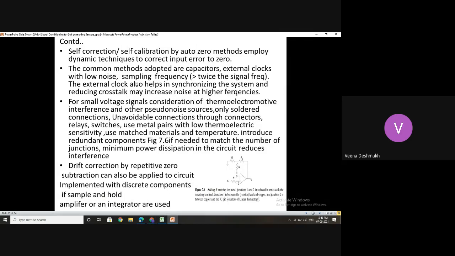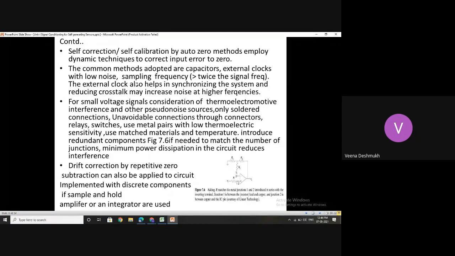Now basically, these are the circuits which are used for self correction or self calibration. Now what exactly is self correction? Every time you make use of the potentiometer and the reference voltages to reduce the offset voltage, whenever it drifts, it is not always practical to do it manually. If there is some auto correction mechanism put in place, then the system becomes automatically able to add or subtract the offsets and give you accurate readings all the time.